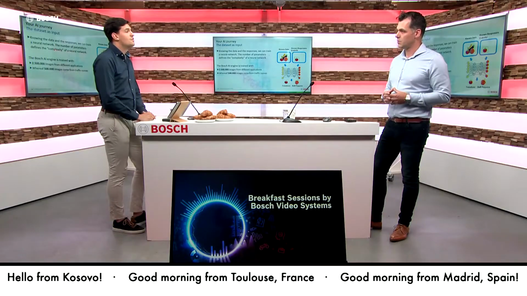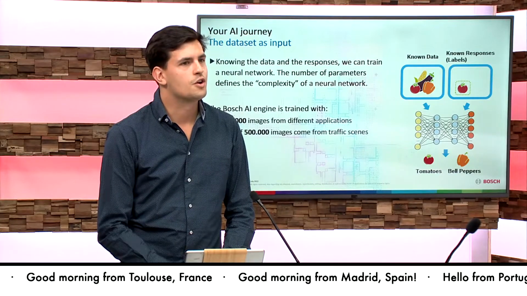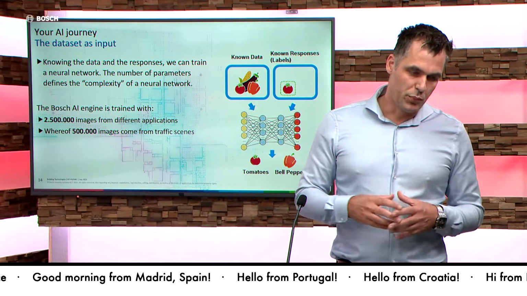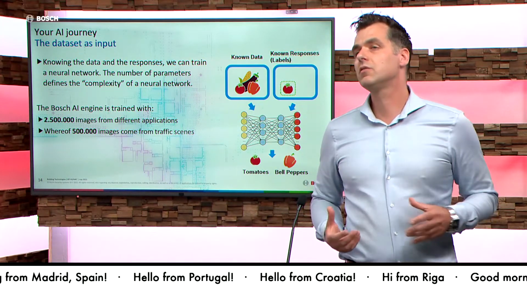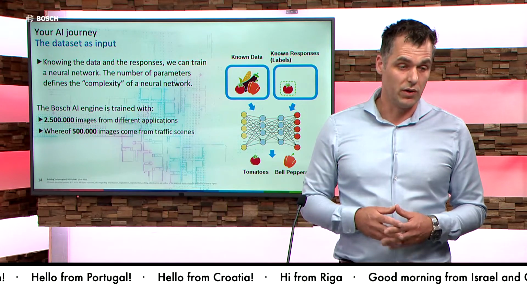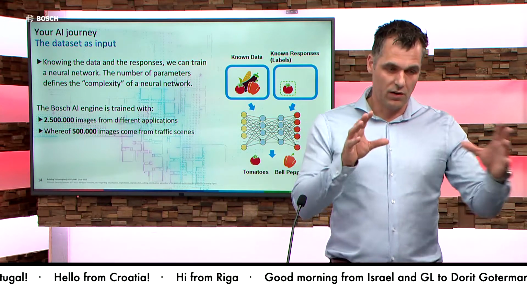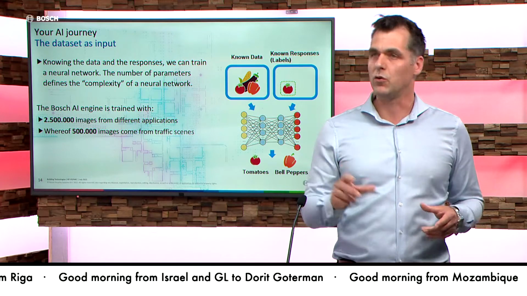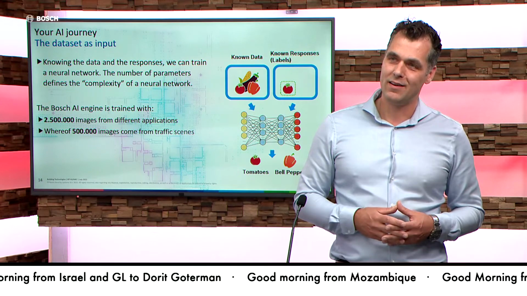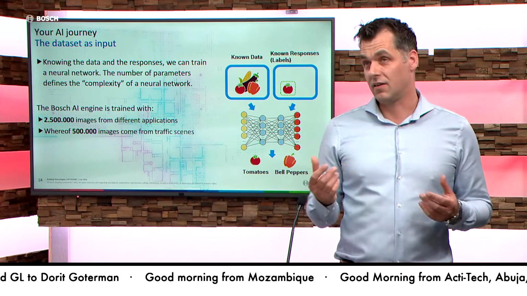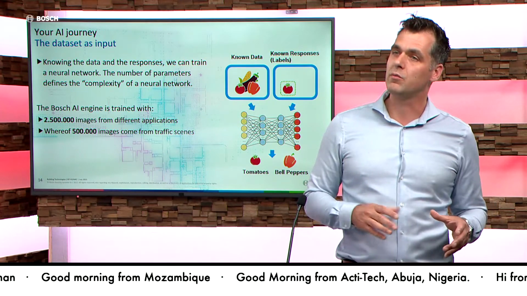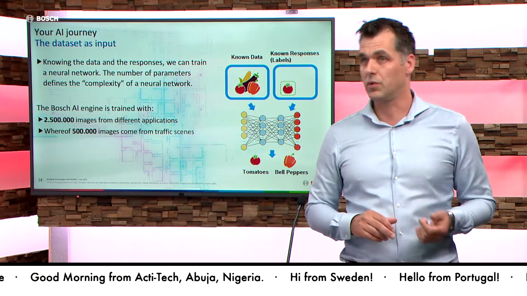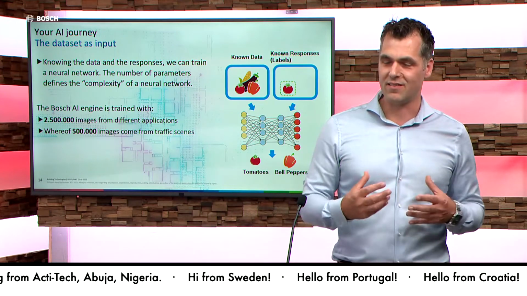You mentioned 500,000 images from traffic scenes. What other kind of images can we expect there? What is being used? These are different persons, with different poses you can expect. You can also expect different scenes from different trucks, from different angles, from cars from different angles. So these are partly traffic scenes. Warehouse stuff, maybe? From warehouses, yeah, exactly. Different backgrounds, different sceneries, but always linked to cars, to trucks, to bikes, and to buses, for example. So that's really what our AI engine is trained for.